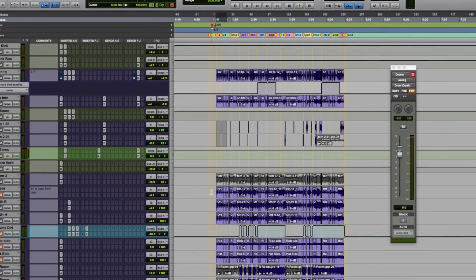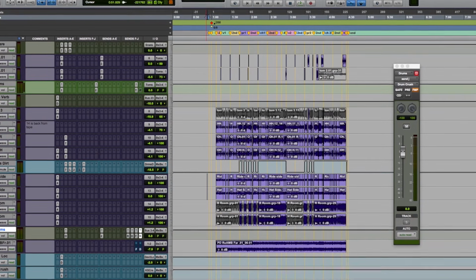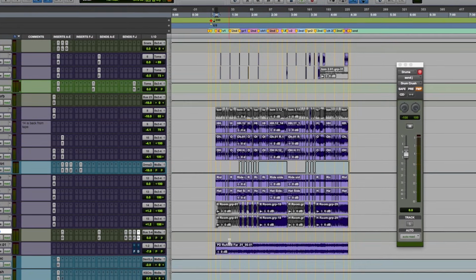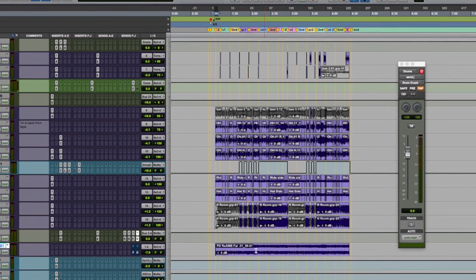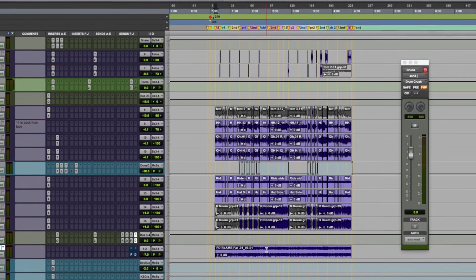Then hi-hat, which I'm not using that microphone. Stereo overheads. Ride and hat mics, which I'm not using. And then room, which I'm using just in places. And then we've got this reamp, which we'll listen to in a minute, but it's pretty cool, actually. It's just sort of an ambient reamp. So here's what the kit sounds like.